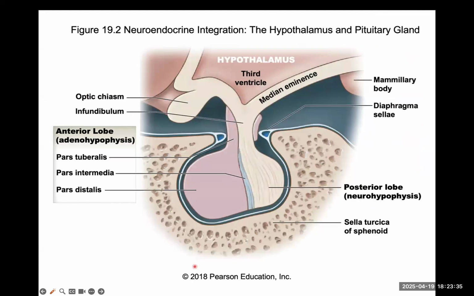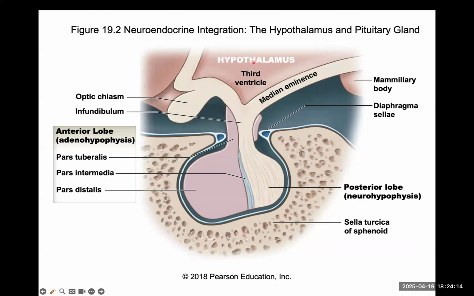So this is what it looks like. This is the sphenoid bone, and it's one of the bony markings that you had to memorize, called the sella turcica. The sella turcica is also known as the hypophyseal fossa, and this is where the pituitary gland is going to reside. It's almost like a little cockpit on a fighter jet or in a racing car, where the driver or pilot sits inside the cockpit. So the bony marking is where the pituitary gland is going to be. The hypothalamus is right above it. That's the hypothalamus.